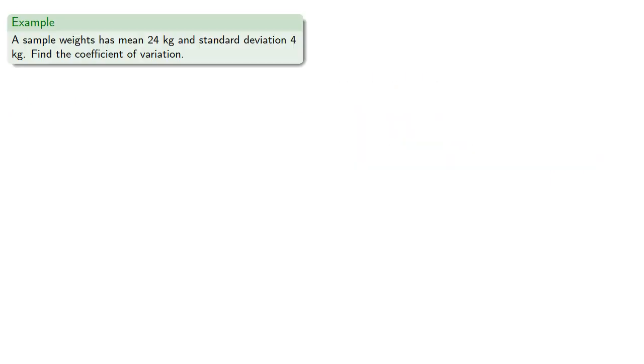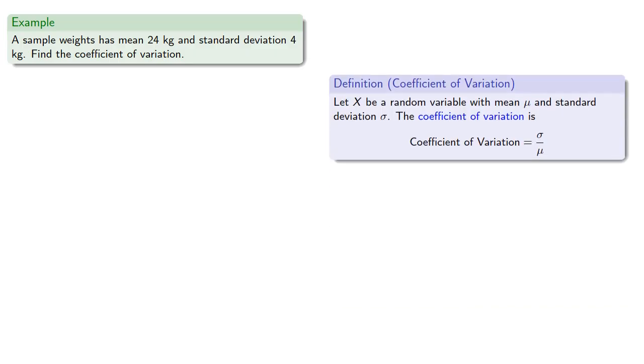For example, suppose we have a sample of weights with mean 24 and standard deviation 4 kilograms. Find the coefficient of variation. That's the ratio of the standard deviation to the mean, which will be